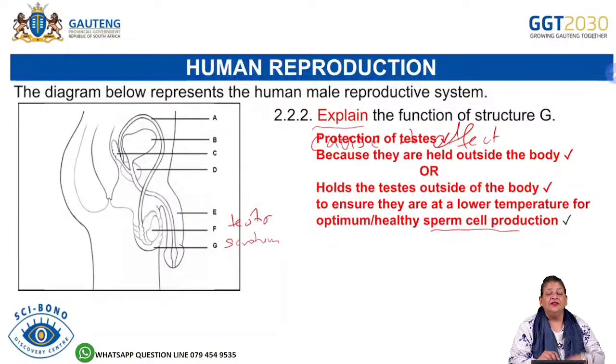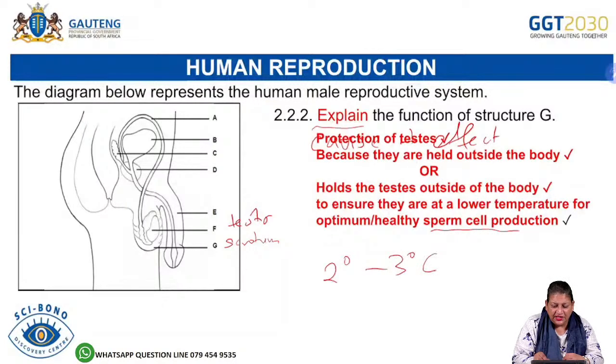So you can say that the scrotum protects the testes because the testes lie outside the male body, because the testes need to be kept at a temperature 2 to 3 degrees lower than the body